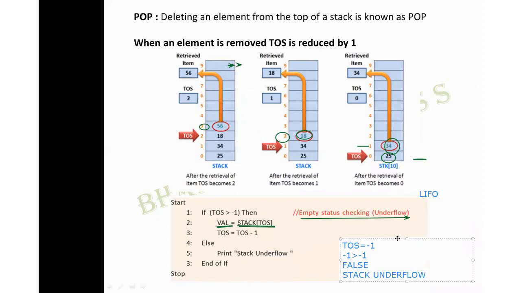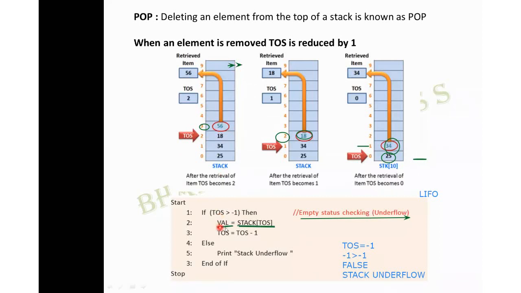Okay. So initially what you should do is check whether the stack is empty. So how to check? First you will set TOS greater than -1. You are checking whether TOS is greater than -1. Yes, of course it is greater than -1 because here the last position is 3, that is the 4th position where it is standing, and you have a value over there also. So the next condition is true.